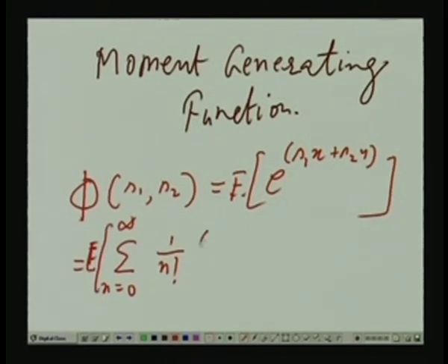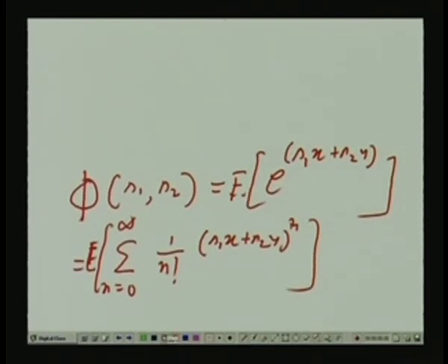Expected value. Then, as I told you, I will use the linearity of this expectation operator E. I will push E on each term of this series, and factorial n is constant, not random. So, E will apply directly on this, because x and y are jointly random. So, that means this can be written as, and you see I can always expand this S1 x plus S2 y whole to the power n by the binomial formula. That means this entire thing then becomes